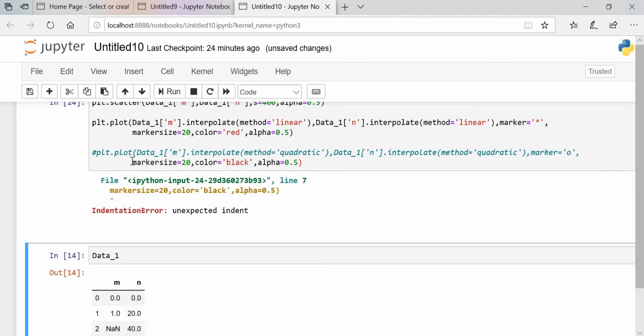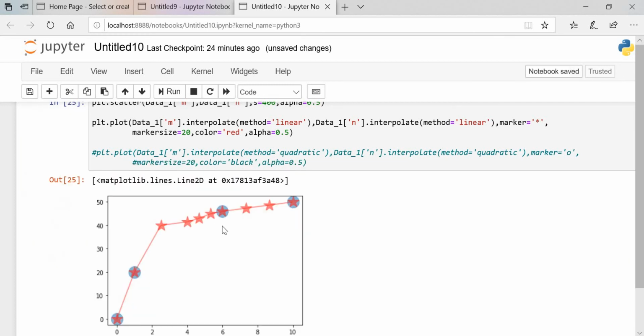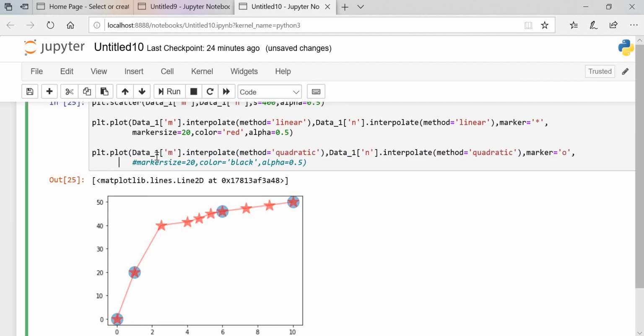Sorry, maybe something went wrong. Okay, so this should be the comment. So you can see that with this linear method, we are getting a straight line. You can see straight line here as well. Okay, straight line we are getting over here. But in the quadratic, you can see we are getting a different result.